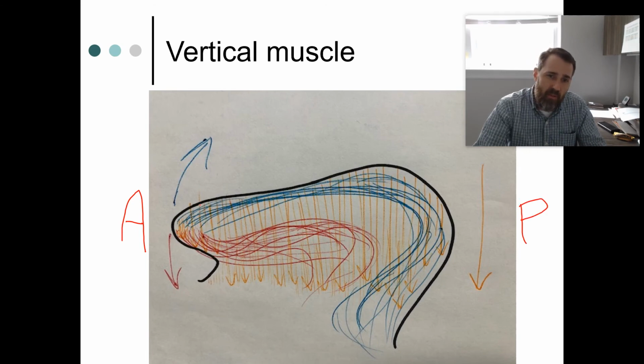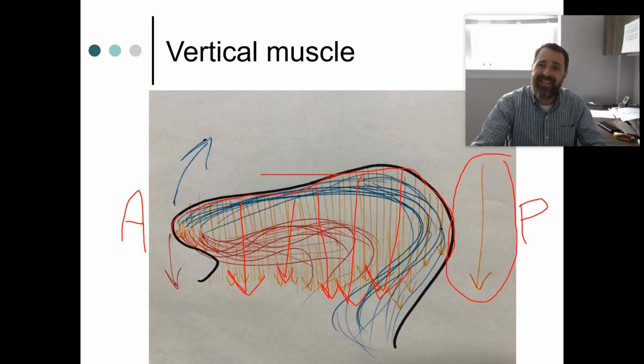So if this muscle originates up at the top in the membranous cover of the top of the tongue, and it runs inferiorly, in a vertical fashion like this, then it makes perfect sense that when these fibers contract, you are going to work to depress the body of the tongue